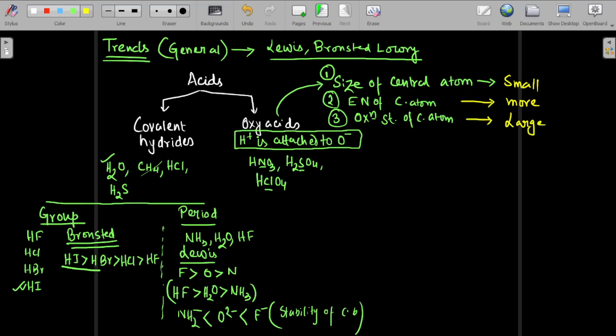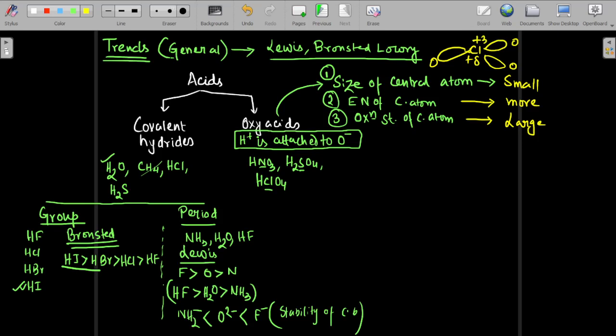Why? Because suppose chlorine has this kind of phenomena with oxygen. Here you can see chlorine is having an oxidation state of +3. I'm not showing all the bonds exactly. So why is it +3? Because it has gained partial positive charges from 3 oxygen atoms. So as it has become a partially positively charged ion, it can accept electrons much more easily. That is why if the oxidation state of the central atom is higher, it will be a better acid.